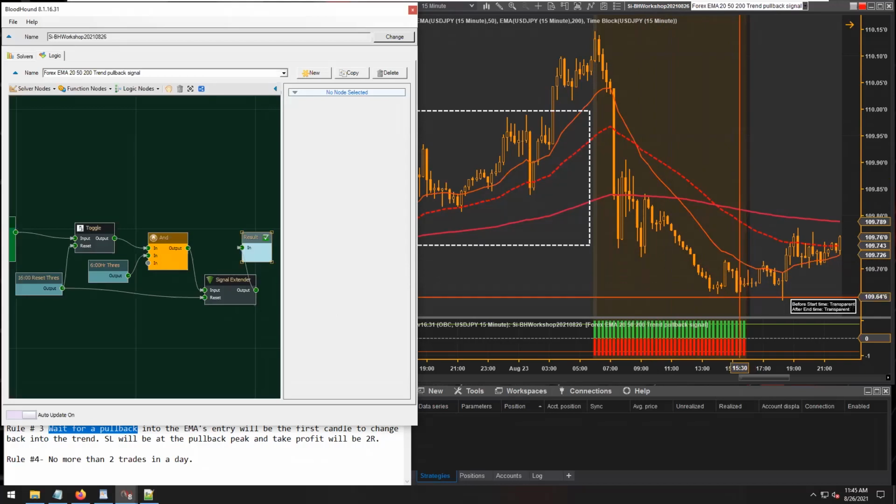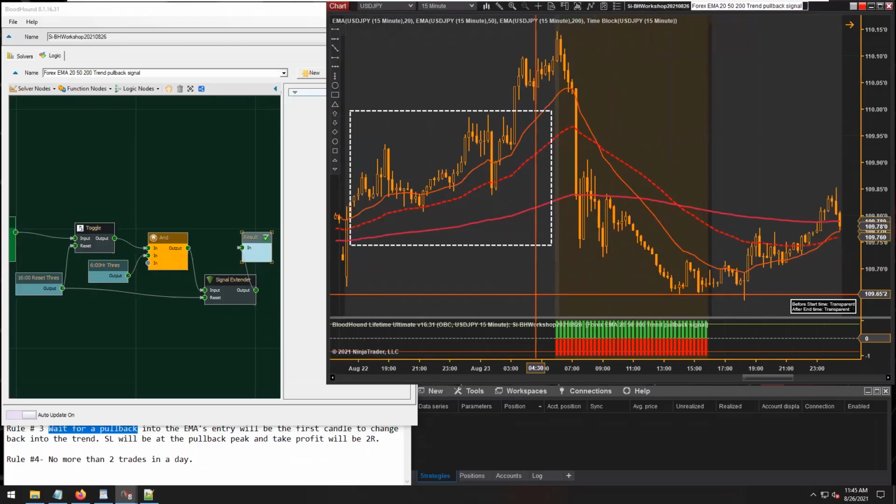So here is our opportunity. Coming out of the signal extender, that is identifying our opportunity when a pullback should be looked for here. All right. And now that I have our little time block set up correctly,